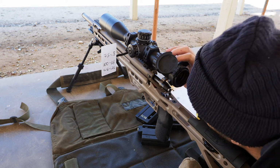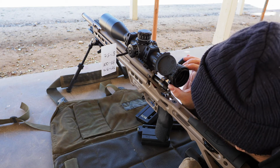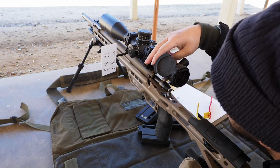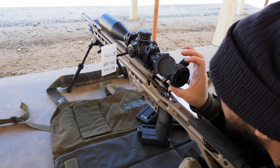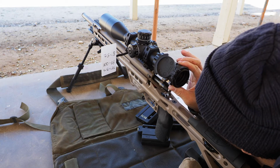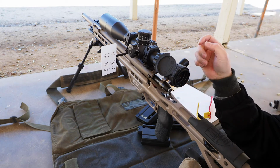Ideally I think it's about, yay much. I put a little gold dot on the scope ring cover, so I can remember roughly where I need to place my diopter for my left eye. But this is about the sweet spot right here. Anyway,